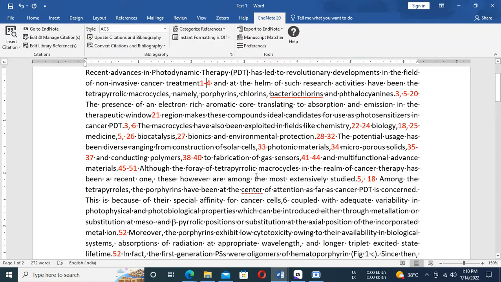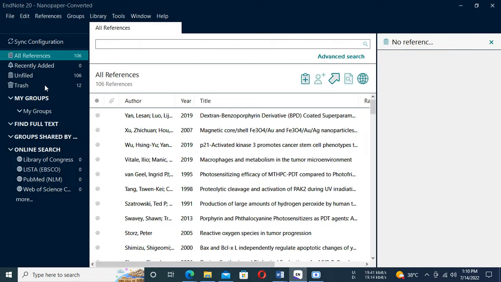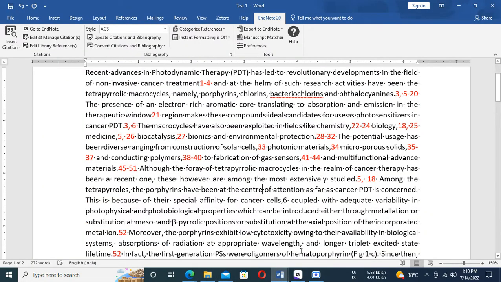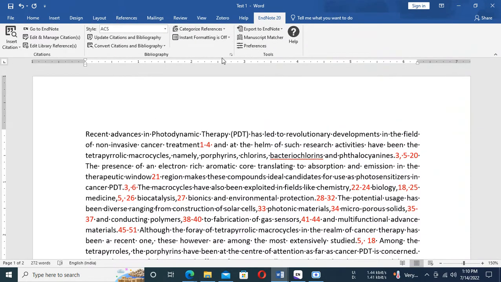Now, the first thing that is of importance in inserting references using Endnote is to create a library specific to the document in which the references are to be inserted. That's the way I like working. There are people who will create a single library for multiple documents, but I do not like working like that. So as a first step, we will create an EndNote library for this particular document named Test 1